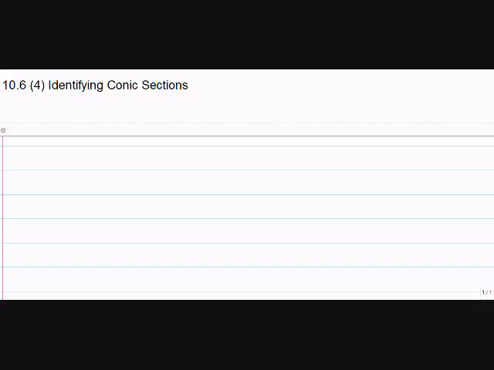Alright, so we have four conic sections. We have parabolas, circles, ellipses, and hyperbolas. Circles are just ellipses, but we will treat them slightly differently because we are asking for the radius. I'm going to give you equations, and you're going to need to figure out whether you have a parabola, a circle, an ellipse, or a hyperbola. For example,